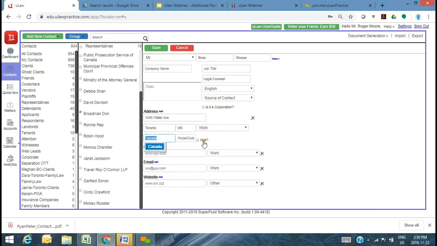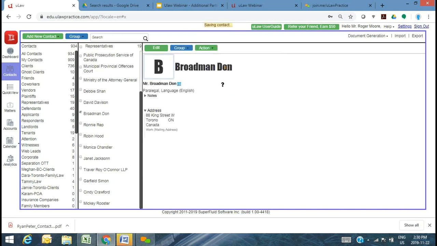Water Avenue. I'm going to mark this as the mailing address. You can add other information. So I'm going to basically say Mr. Brian Sharp is the legal representative of the opponent. Okay, so now I have saved Brian's information, but more specifically, I have created that contact information under the representatives